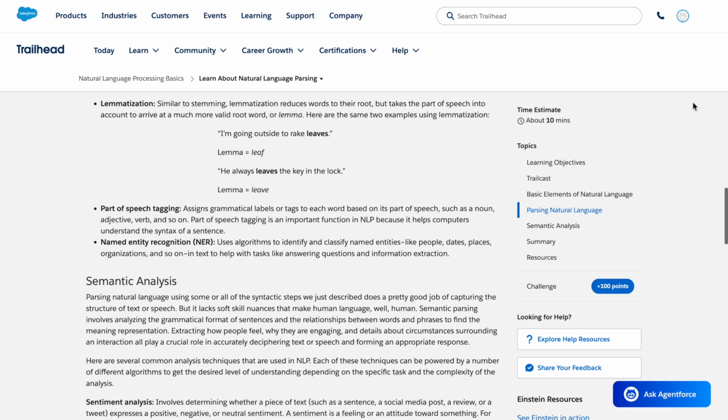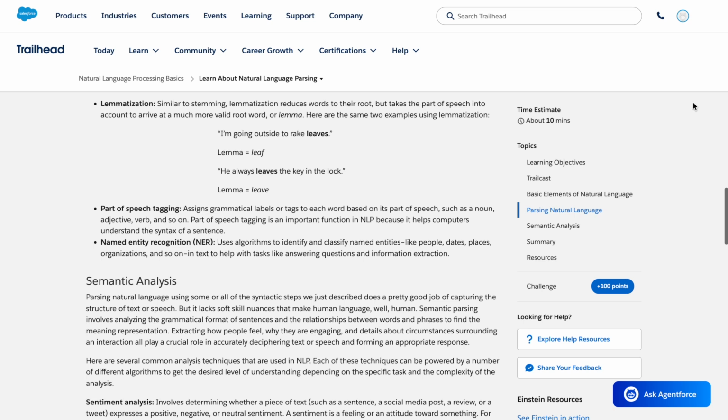account to arrive at a much more valid root word, or lemma. Here are the same two examples using lemmatization. I'm going outside to rake leaves. Lemma is leave. He always leaves the key in the lock. Lemma is leave. Part of speech tagging assigns grammatical labels or tags to each word based on its part of